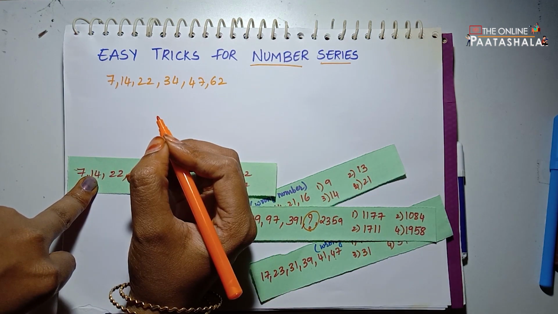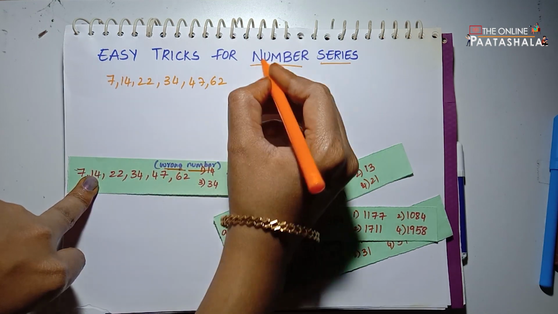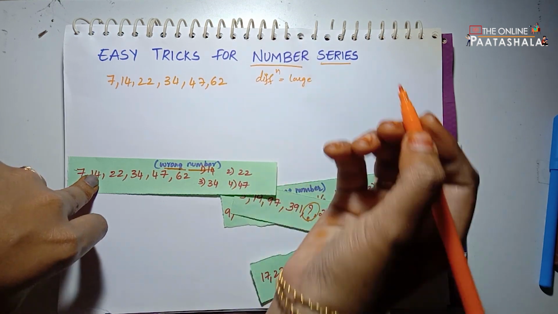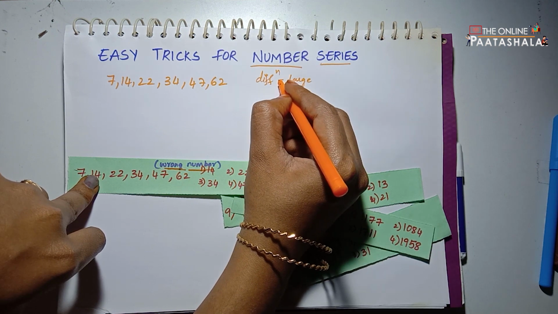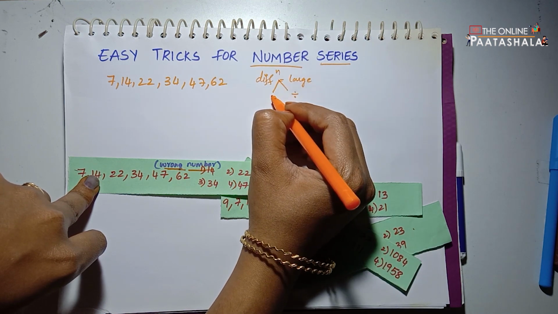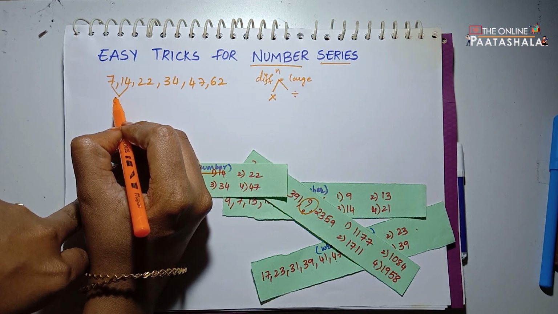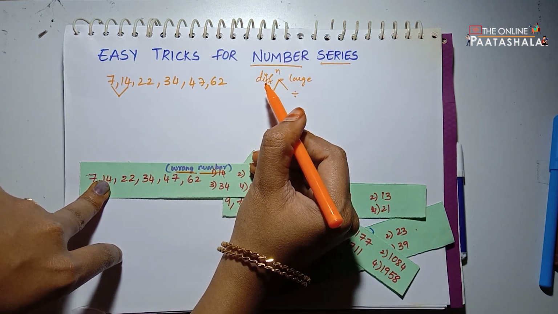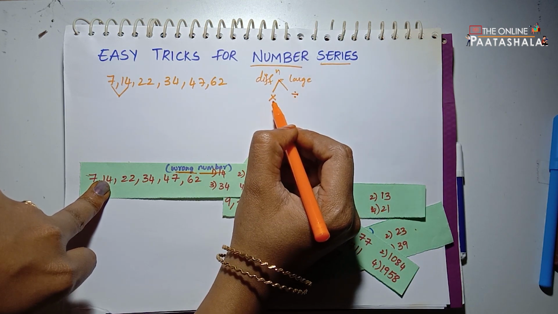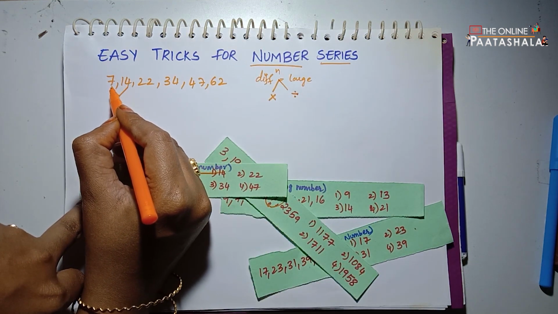Whenever a question is given, first you need to check how the question is given. If the difference is a large number, there you will mostly use the division method or multiplication. If the difference between these numbers is large, then we apply the trick, that is either the division method or the multiplication method. Now see, by looking at this question we need to get an idea.